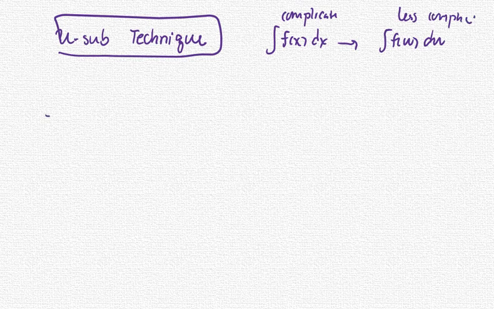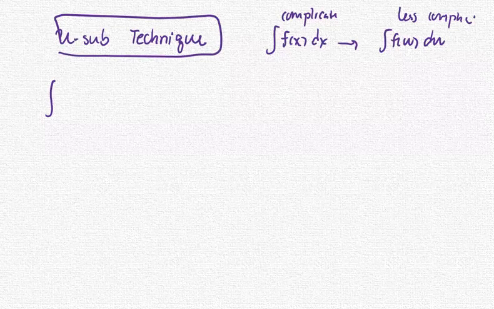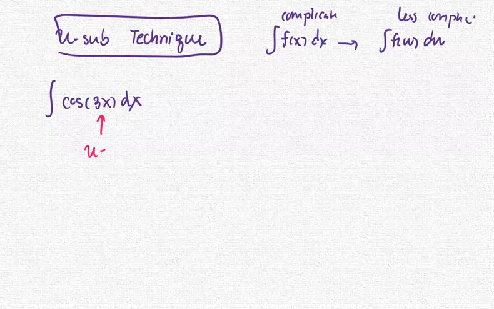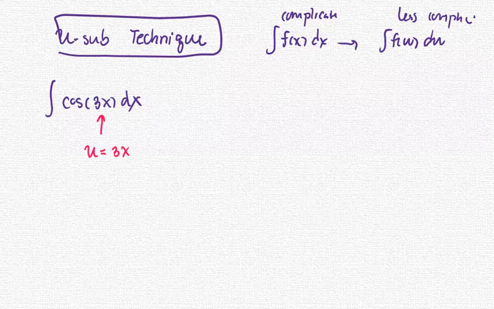Okay, for example, if you have the integral of the cosine of 3x with respect to x, you can see it as the use of the regular antiderivative. But if you use the u-sub, think about the composite function. We have the outer function as a cosine, the inner as a 3x. So the technique of using the u-sub in general, if we see the composite function, we can let u be the inner function, which is 3x.